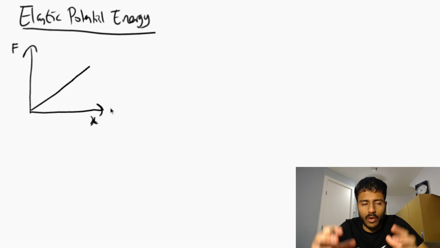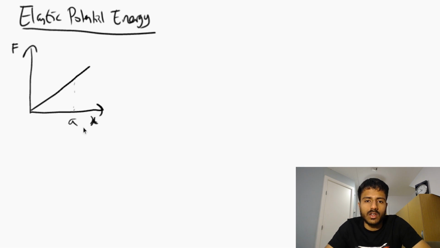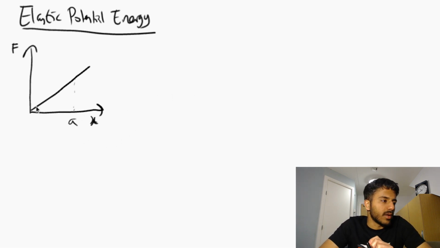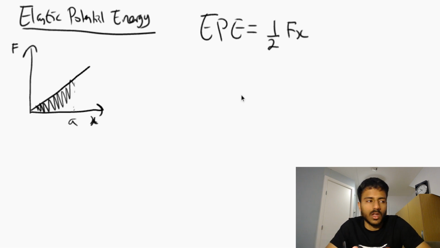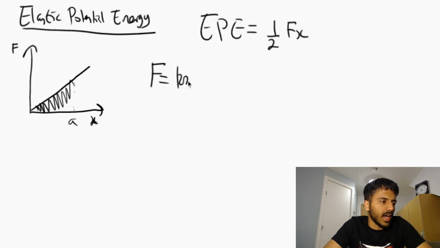So the last thing I want to talk about is elastic potential energy. And this mainly refers to energy stored by a material when it's being stretched while Hooke's law still applies. And the elastic potential energy stored in a wire, let's say that's been extended by this value of A here, is simply equal to the area under the graph from the origin to that point A. So your equation for elastic potential energy is equal to half Fx. As you can see, it's just the area of a triangle. Remember that we know that F is equal to kx, so we could also write this as a half kx